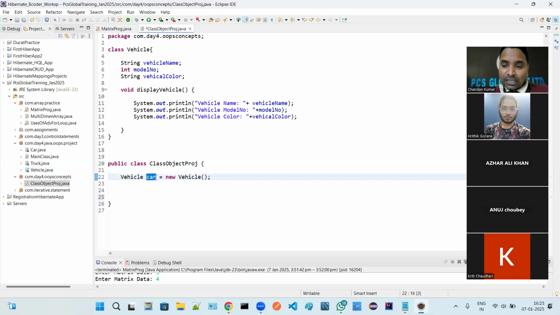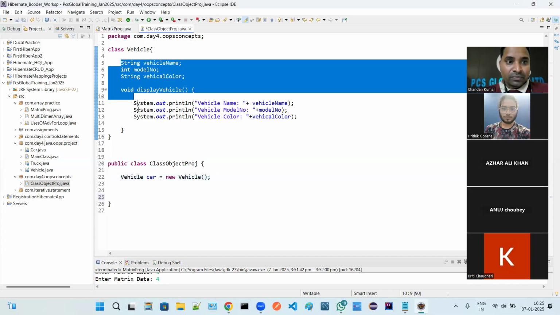Guys, tell me, if you are a student, I can say you are a student only if you have the properties of a student class or not. Yes. What are those properties? Student roll number, student name, like that. Correct or not? Yes. In a similar way, I can say that car is an object of the vehicle class only if this car has the properties of this vehicle.